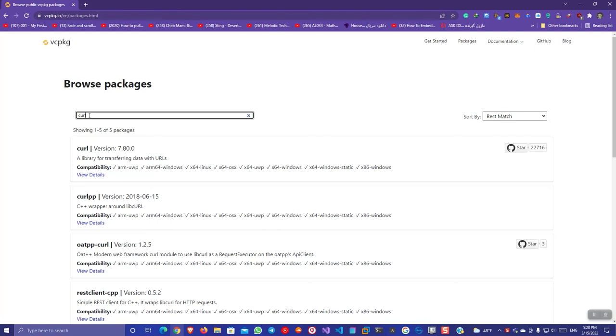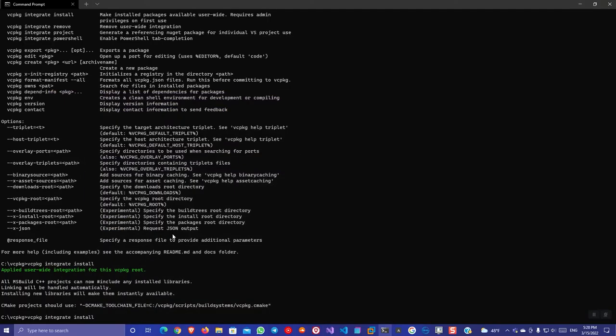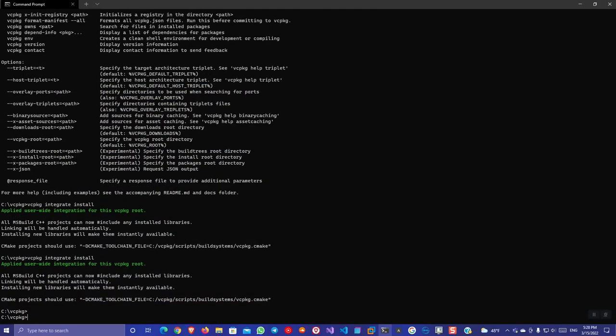First, search for packages and enter the exact name. In my case, we need both of them. Maybe just curlpp is enough for something, but if you want the complete library, we have to install both of them. Okay, so I will copy the name and go here and type